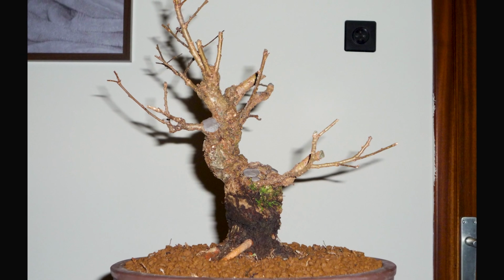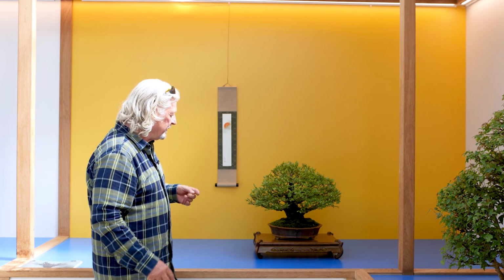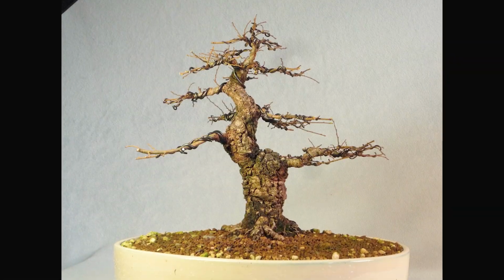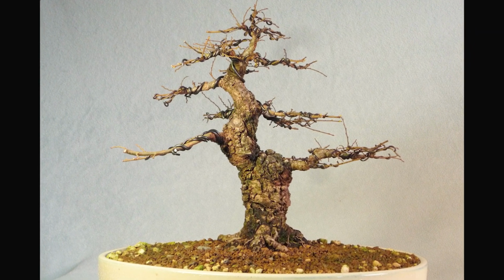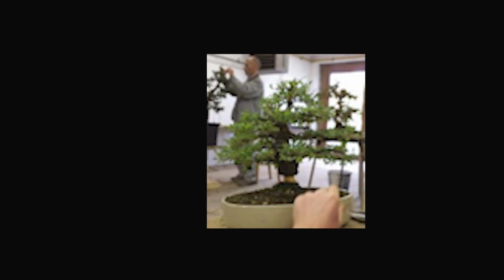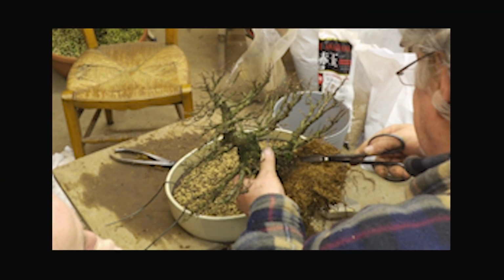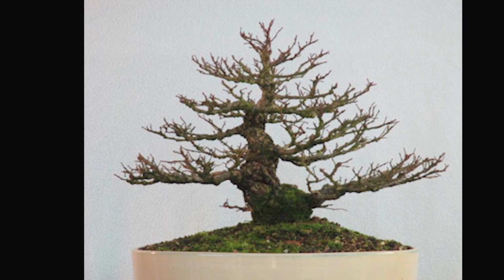And pruned everything back, brought it from nearly double trunk to one single trunk. Then underneath it was not the perfect yamadori, it was a little bit narrow underneath and we had to layer it off, and we layered it off above this narrow point. So we made the tree smaller, but we also improved the root base. So the whole process,